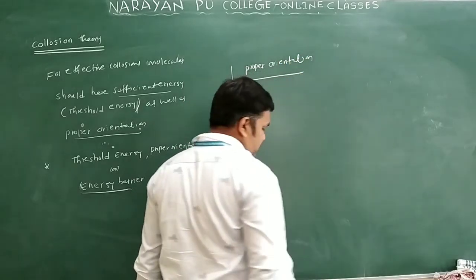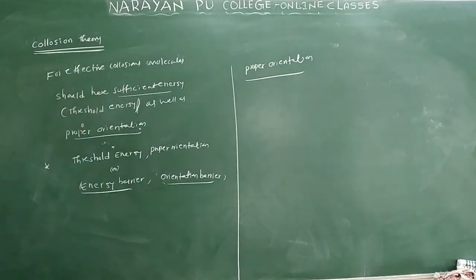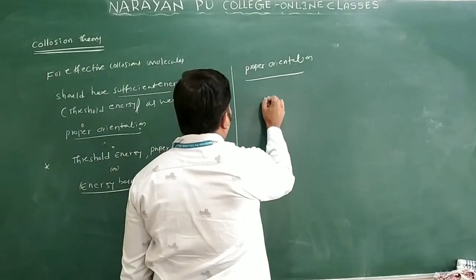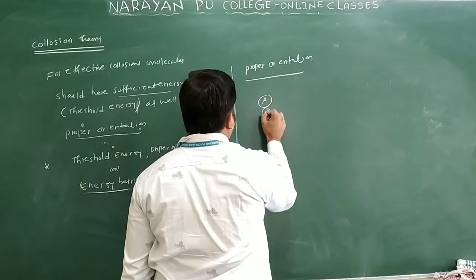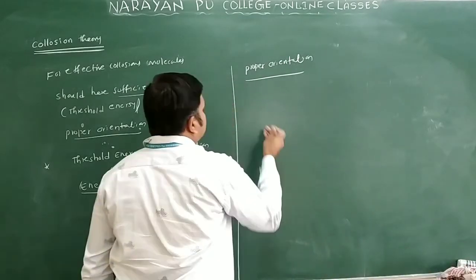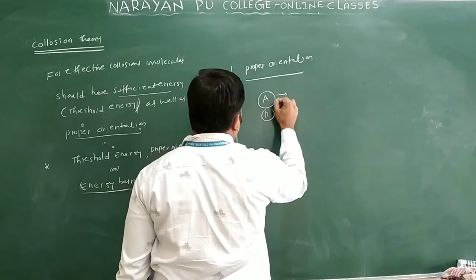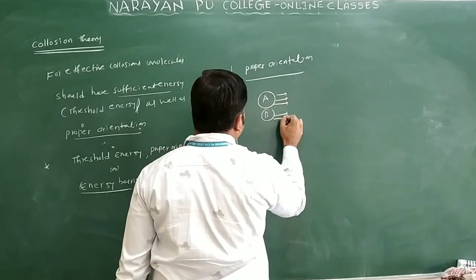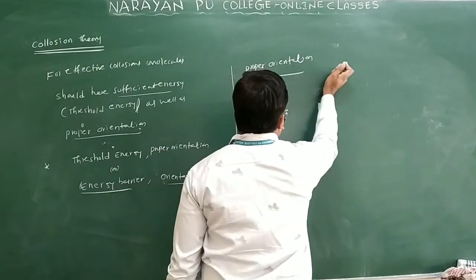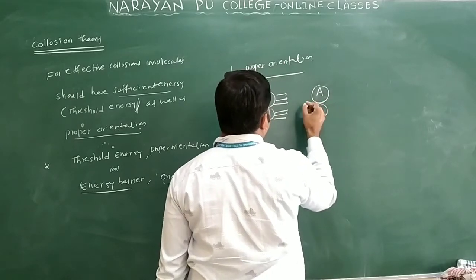Proper orientation is there. So we want to take a different example here. A and B molecules are given. This is a molecule of A, and here B molecule is there. We will see that A is larger in size. So this is A, larger in size, and this is B we have. So this is the AB molecule. And here I want to take one more molecule of this AB. Here A is there and here B is there.